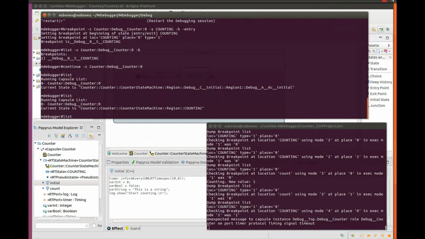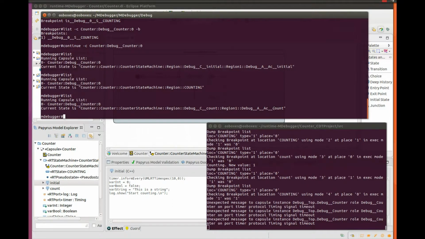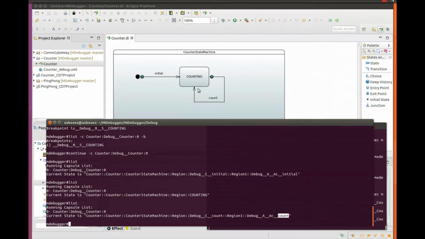If I have a look again, I can see that now I'm in another state, which is a debug state called AAC count, meaning that I'm after the action code of the count transition. This is relevant because I set the breakpoint at the beginning of the entry action code of counting, meaning that I'm currently stopped at the end of the transition.